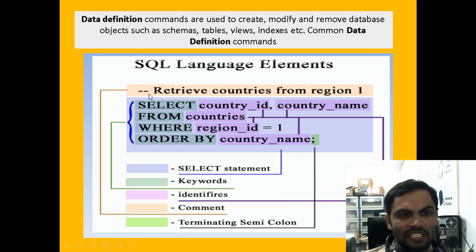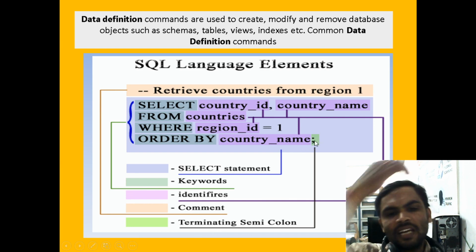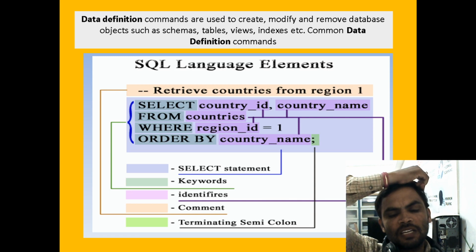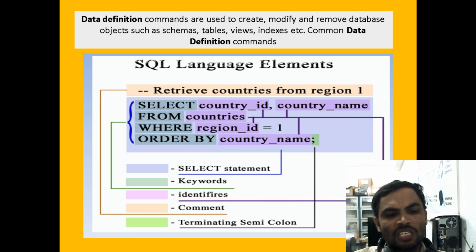Now the same thing here. This is a comment, the line is representing a comment. Then this entire thing we call a structured query. Then the semicolon means terminating the query. If you give a semicolon, the structure will be terminated, and only then will it execute the query. Then the from clause takes a table name, from country. Country ID is a column name. These are the identifiers, or we can call them column names.